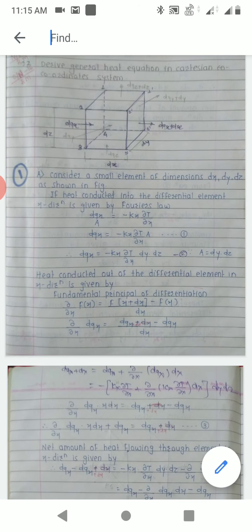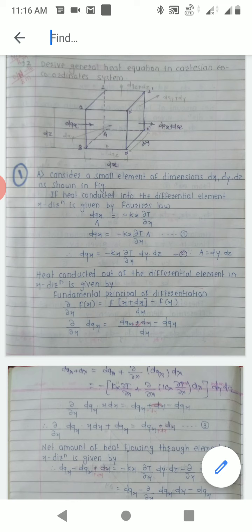Now consider a small element of dimensions dx, dy, dz as shown in the figure. Heat conducted into the differential element in the x direction is given by Fourier's law. Now what is our Fourier's law? Heat flux in any direction is directly proportional to the temperature gradient present in that direction. Heat flux means heat flow per unit area. So if we have Qx, it is the heat flow along the entire material, and we are assuming dqx is the small amount of heat conducted